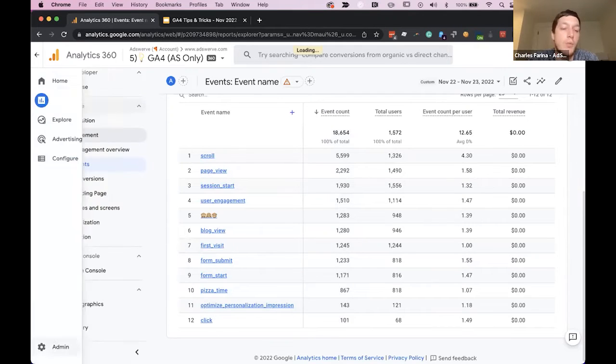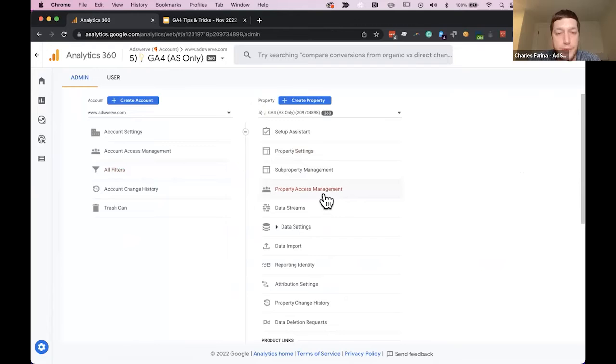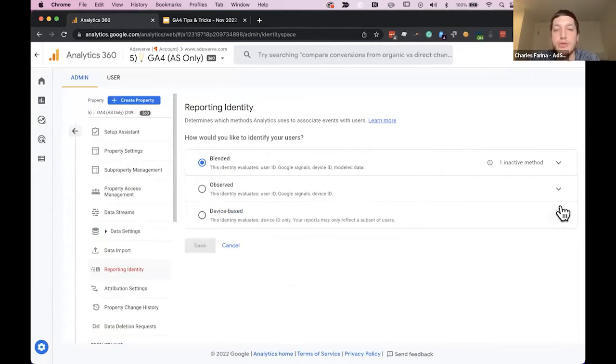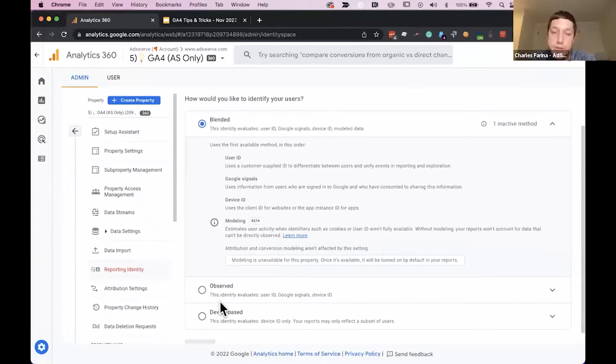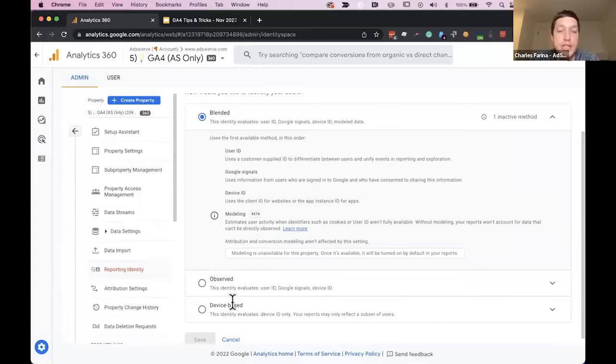So because of that, one of the things I would recommend as my first key tip for GA4 is I highly recommend you try and avoid using this blended identity at all costs. I would recommend you change your identification in GA4 to device-based only. And what I'm really hoping Google does maybe later this year or next year is allow us to actually not use Google Signals, because for me, it actually makes my analysis more difficult because I always have to be fearful that I'm not actually seeing the full picture and seeing all of my data.